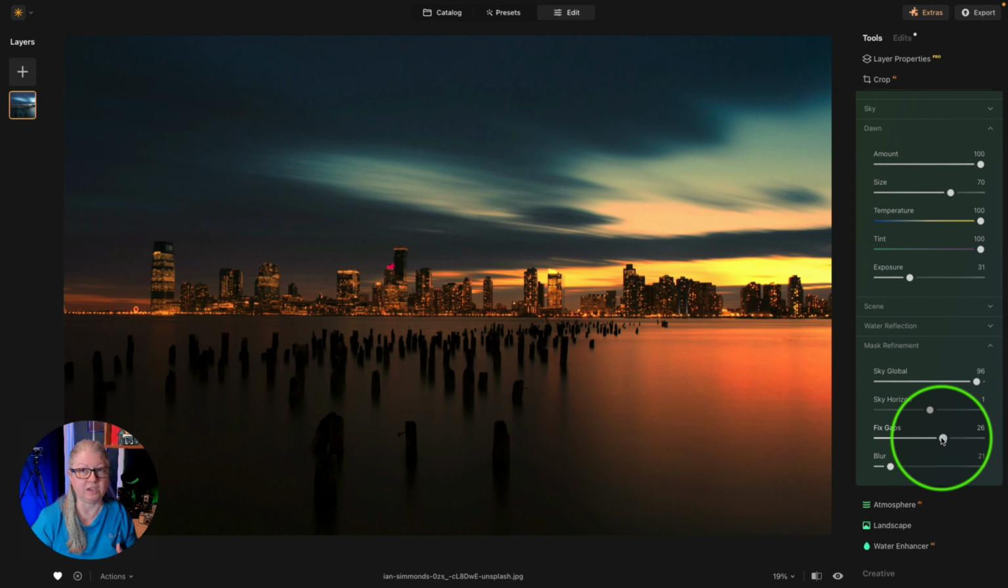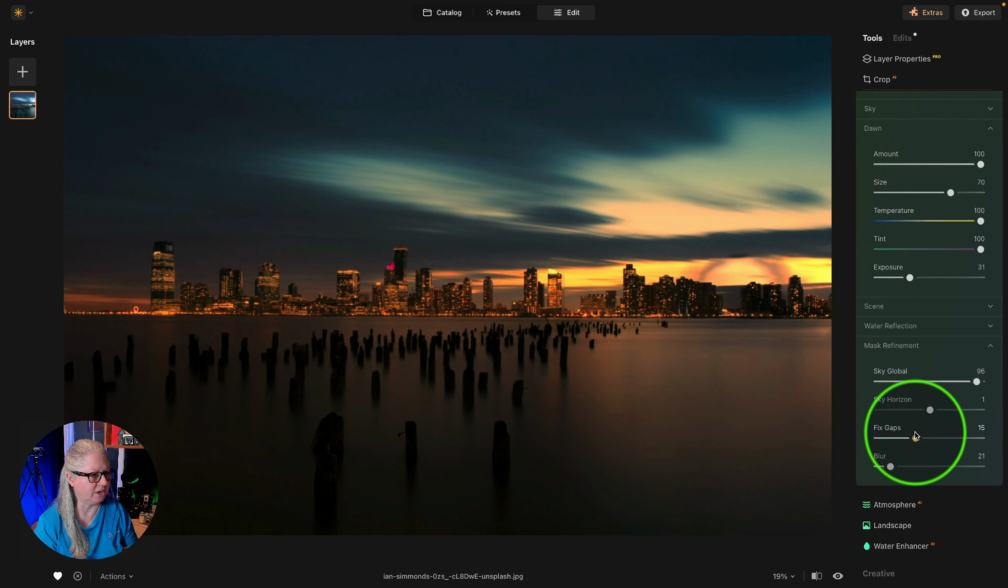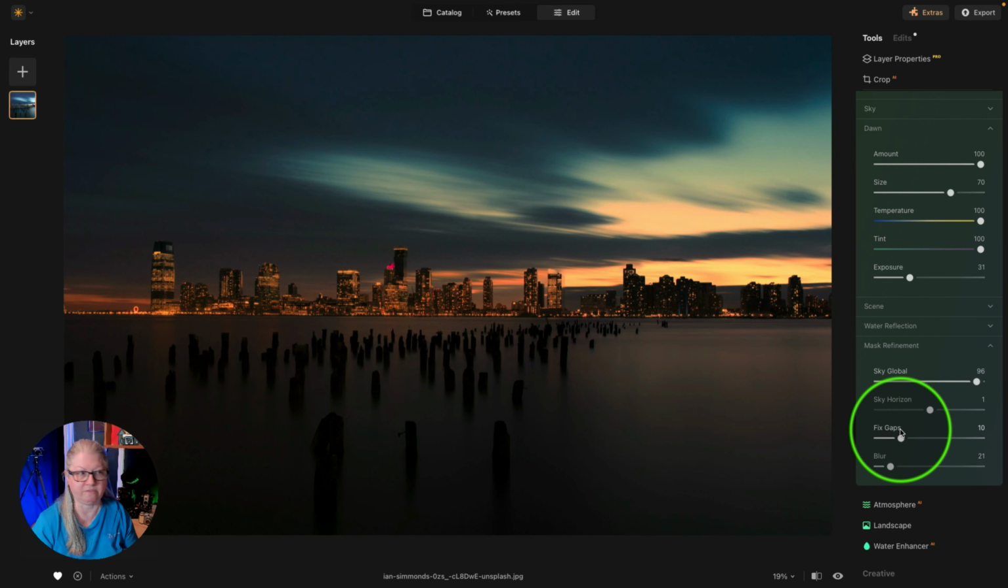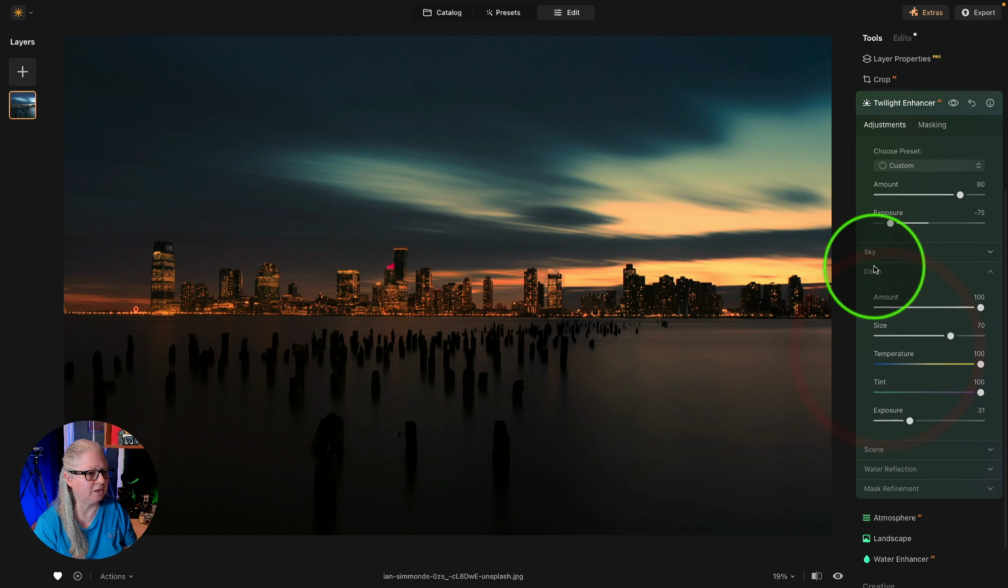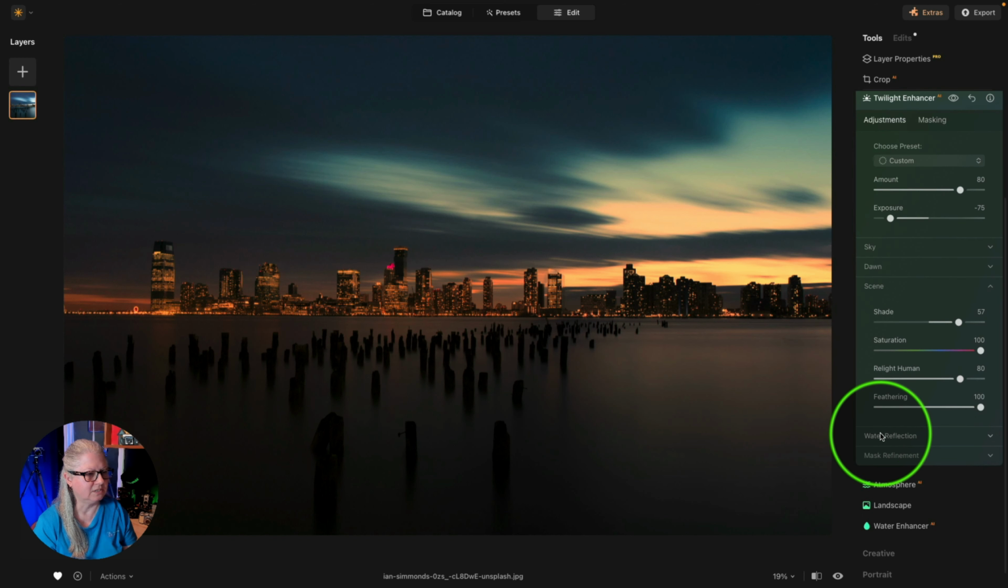Aha! Now you can see the sky is reflecting more in the water as well. And if I go this way, we get less of the reflection. Let me come back to that in a moment. Okay, so play with the fix gaps slider and get the best option for each image. There really isn't one setting that's going to do the trick for everything. I'm happy with that. Let's close up Mask Refinement and Dawn and take a look at the last two, Scene